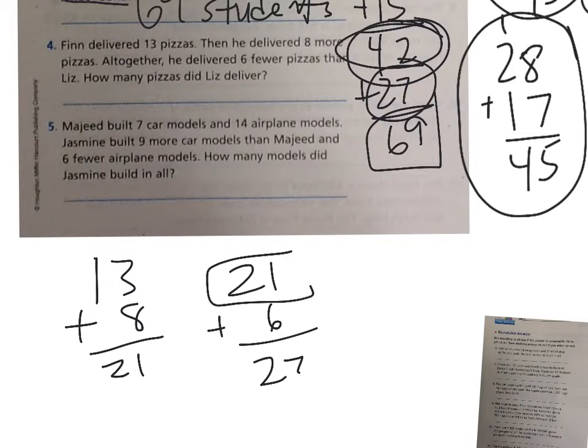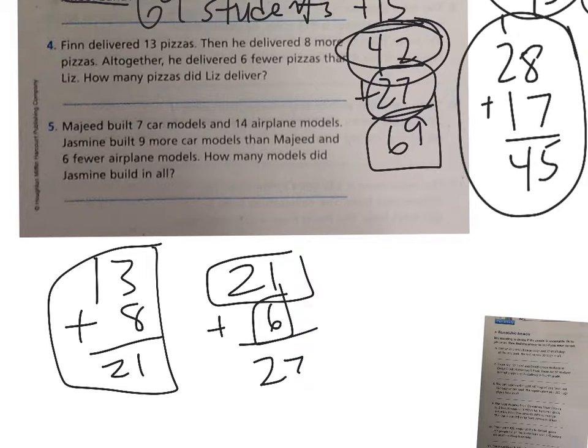So the first step was to find out how many Finn delivered, and he delivered 6 fewer than Liz, so just add 6 on to get what Liz delivered. So Liz delivered 27 pizzas. And number 5,